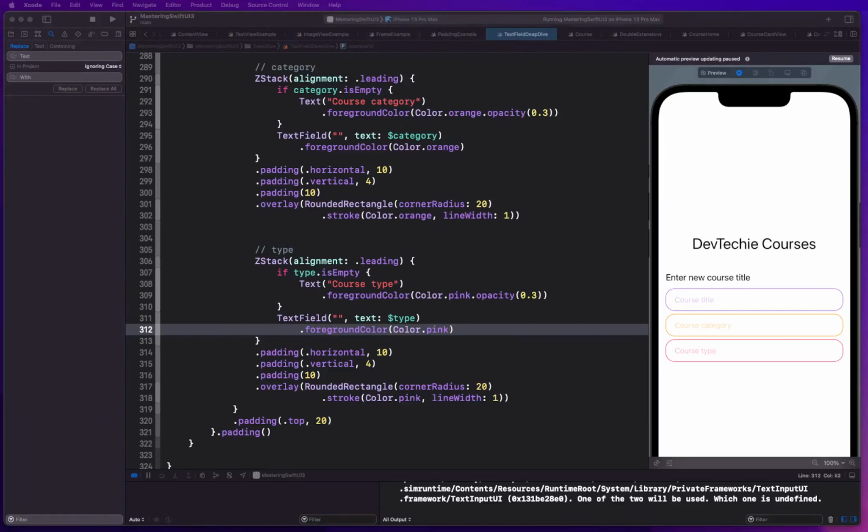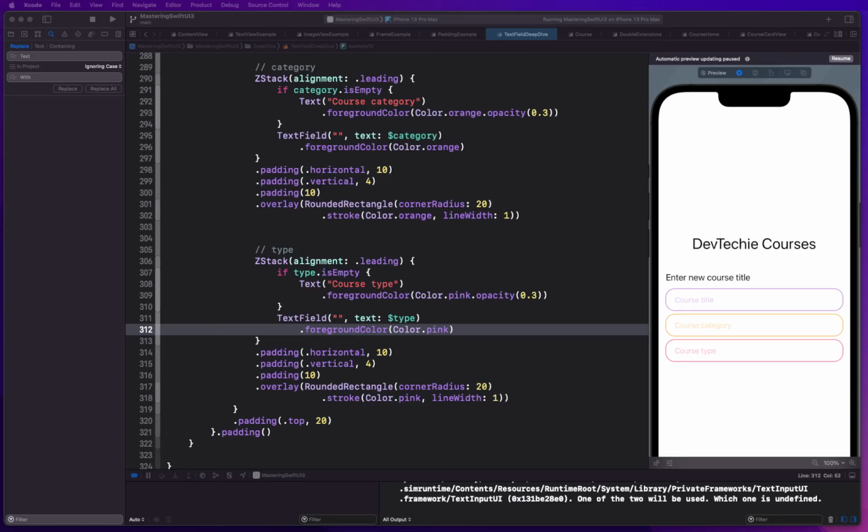Hello and welcome back. In this video, we're going to be looking at customizing TextField UI. So if the text field does not match your style, you can always customize it for the look that actually fits better for your apps with the combination of a few more views in SwiftUI, and SwiftUI makes it really